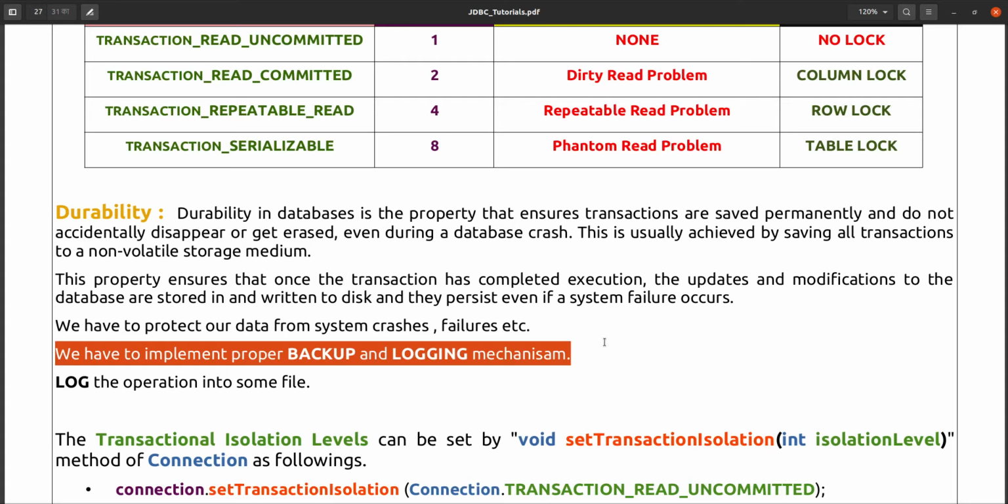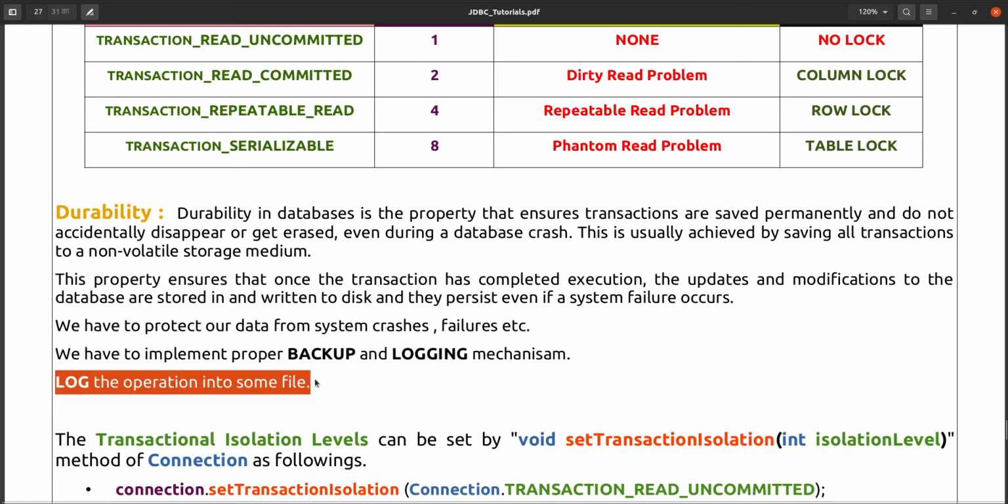Backup means, suppose you are running an application, and in the middle of the night or in the middle of the day, whenever you think it is feasible, you take the backup every day or every hour or every minute, however it is possible. You take the backup of your database, or you save your database at multiple places also, that is also fine. Or you can use some log also. Whenever you are using logging, it will log into the file, so from that also you can grab the values. So that is the use of durability only.